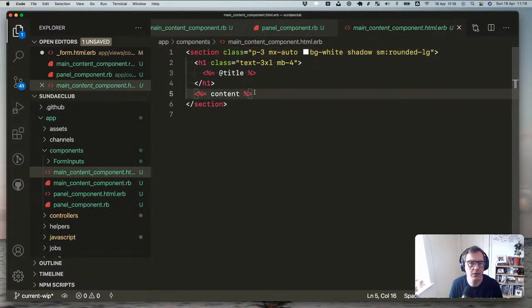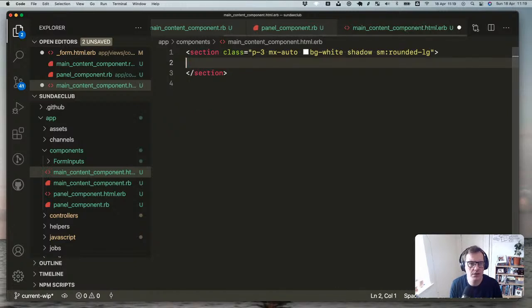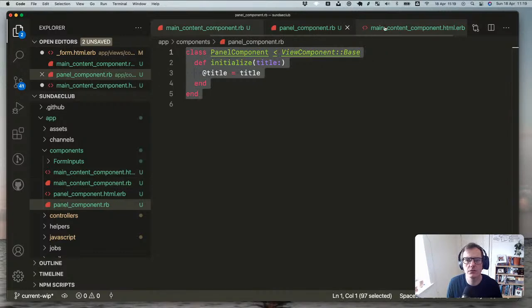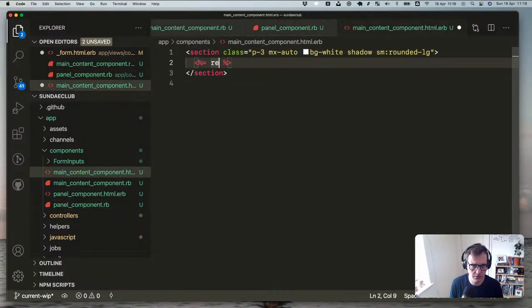So in here, this is our section here. Or we could have called it section or something like that. Okay. Can we now render other ones in here? Like I'm assuming component.new title is title. Because what I was thinking is you could do it like React and have this, whatever you're